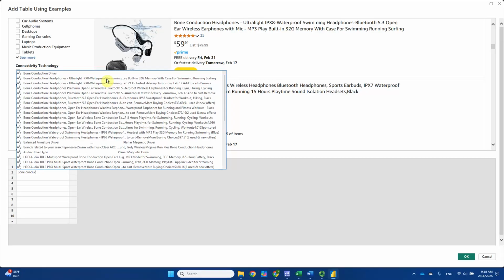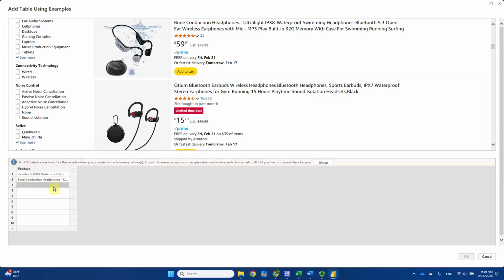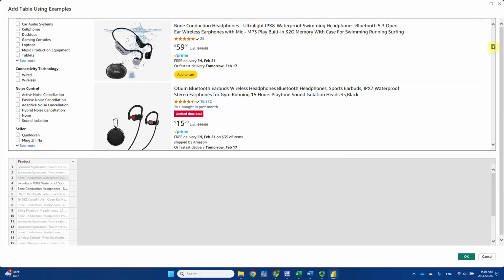So I think this is going to be the second one we want. So probably we need to go to the third one as well. Seems that Power BI is not responding very well to this suggested list. So let's keep going down. Well, actually, it turns out it worked out. So the third one, well,